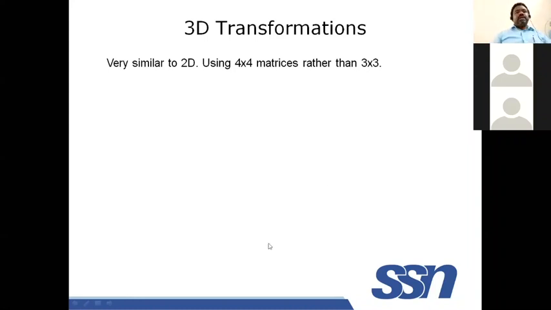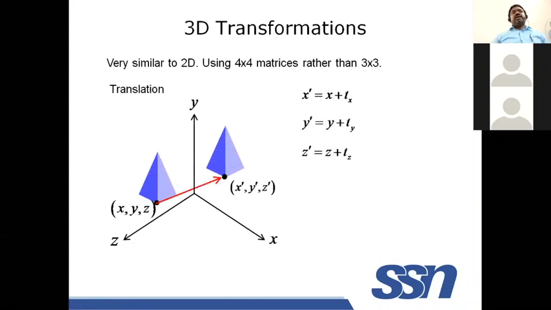Now, let us see an example. It is a rectangular pyramid. For the sake of simplicity, I am considering one vertex or one base corner, with coordinates x, y, z. Now I am moving this object in a certain direction so that this will be my new position. Only translation is happening. Whatever the variation in x direction, y direction, and z direction, that is tx, ty, tz. If you sum it together, you can get x prime, y prime, z prime.